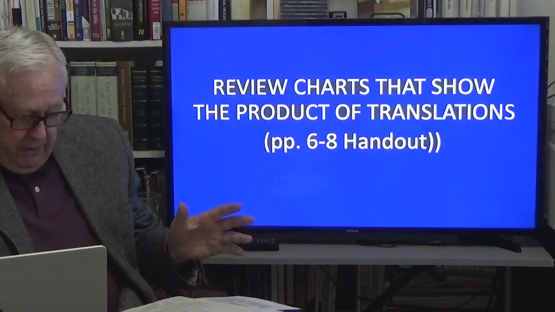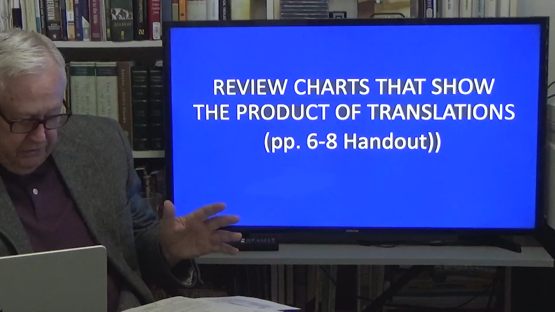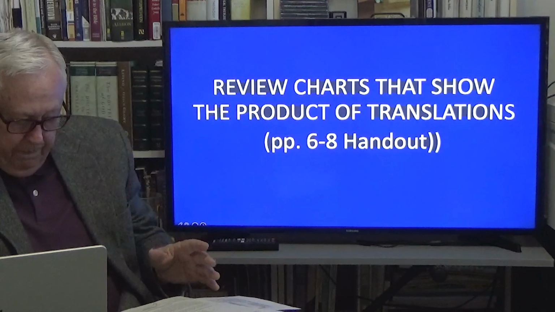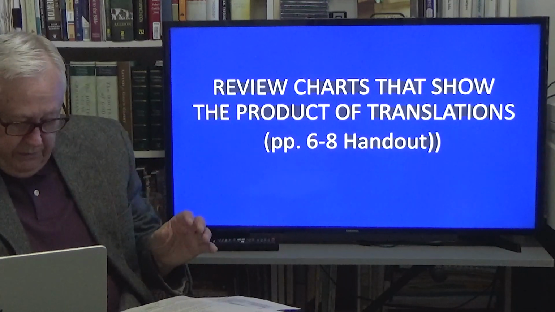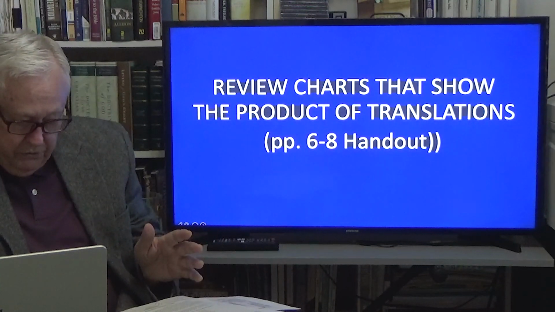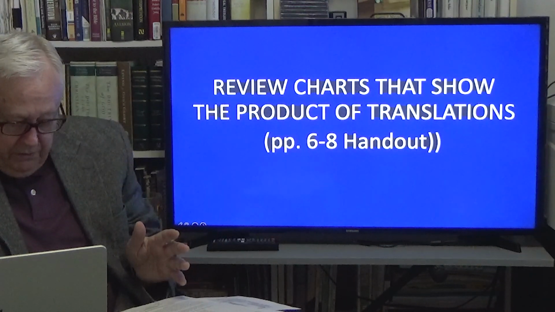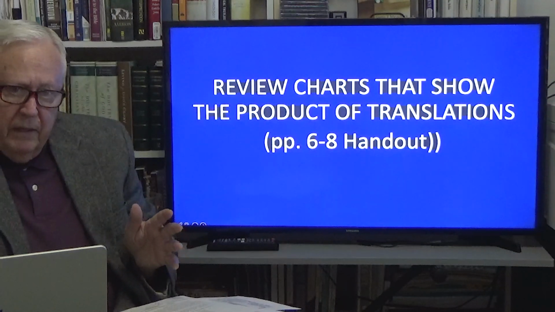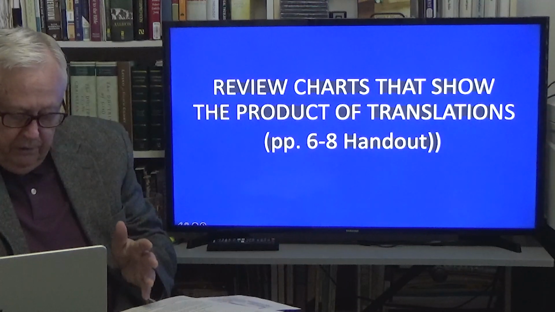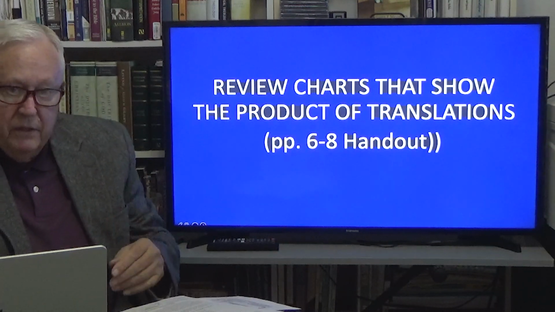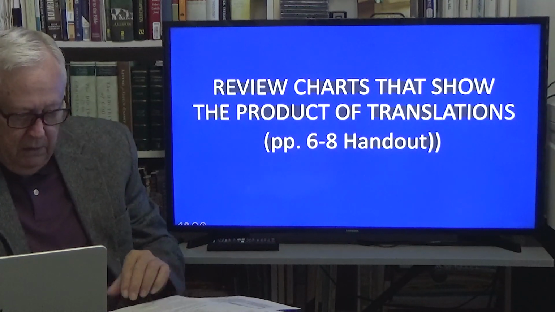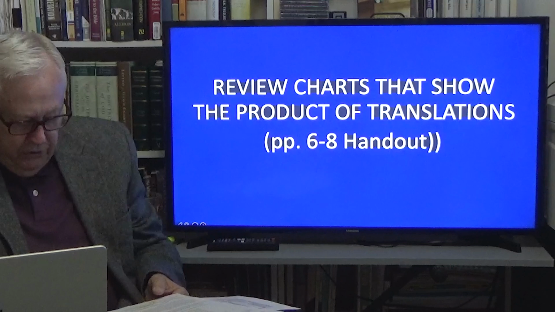I'm summarizing. As literal as possible, as free as necessary. That's the NRSV introduction by Metzger. The functional equivalent: a thought-for-thought translation as contrasted with formal equivalents or word-for-word translation. And in the NIV, but particularly in the NLT, read the introduction and it'll help you to understand that. Then the paraphrase, well, read the introductions but don't use them for your serious work.